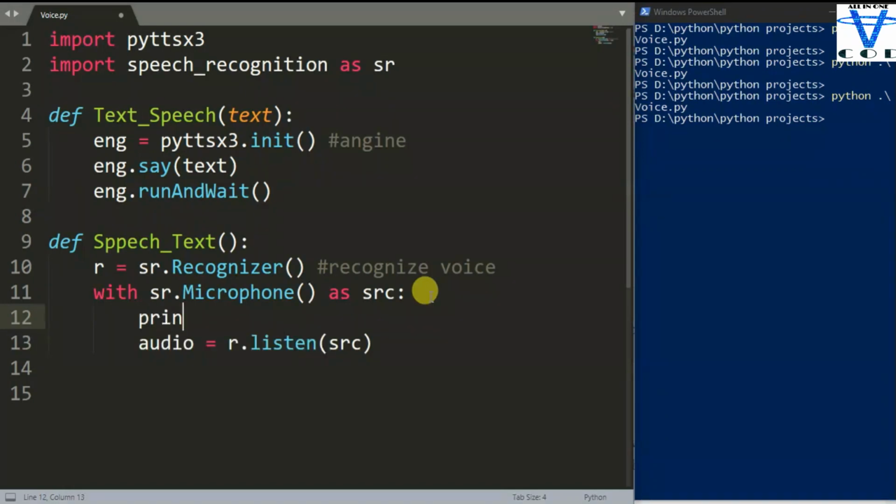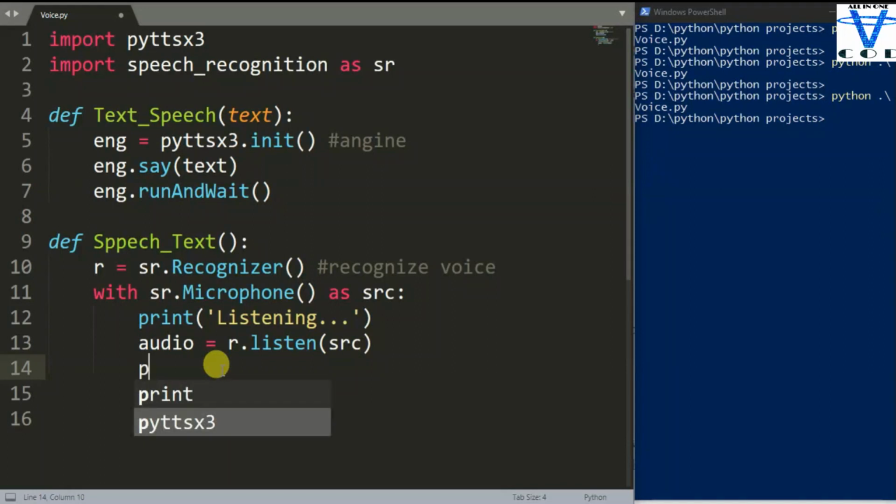The print statement is "listening", so the user knows it has started. And when the listening is closed, just write "time over".